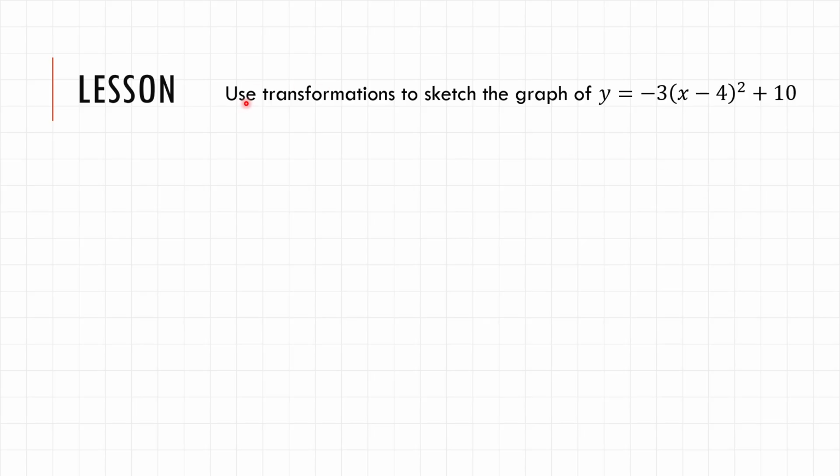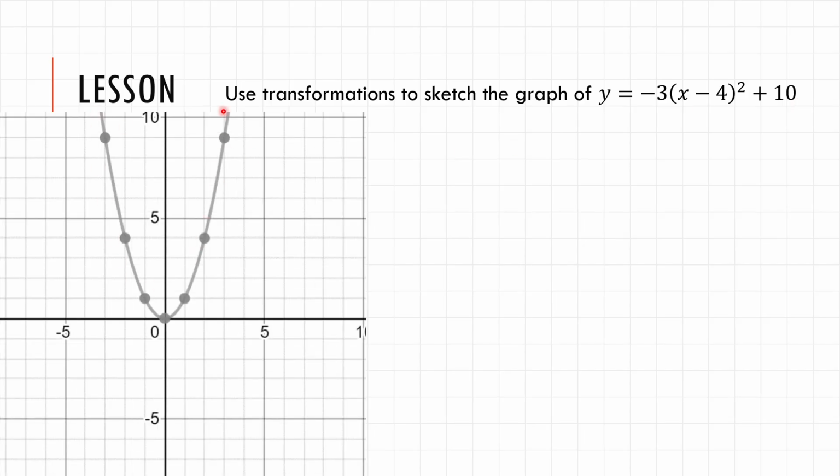We're going to try and use transformations to actually sketch the entire graph of this equation, y equals -3 times (x minus 4) squared plus 10. And if you know your transformations pretty well, you would know that, well, let's start with a basic quadratic. Let's list all of the transformations that actually happened to y equals x squared